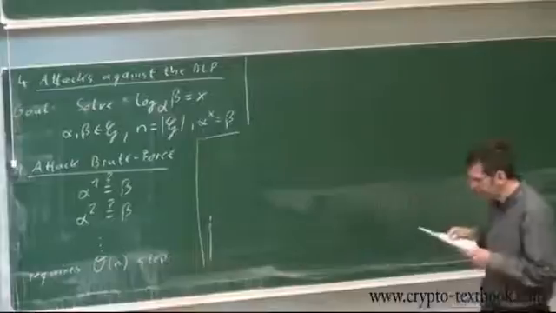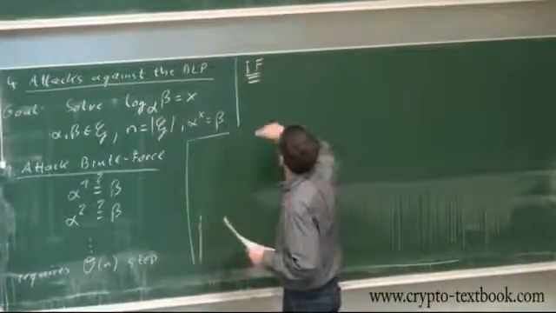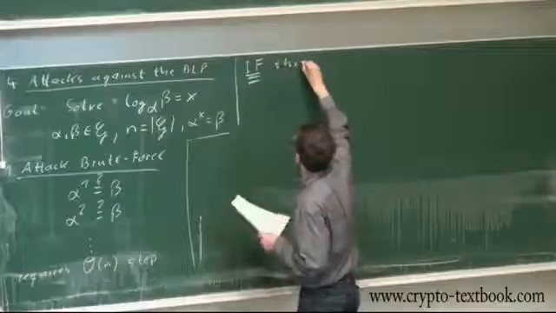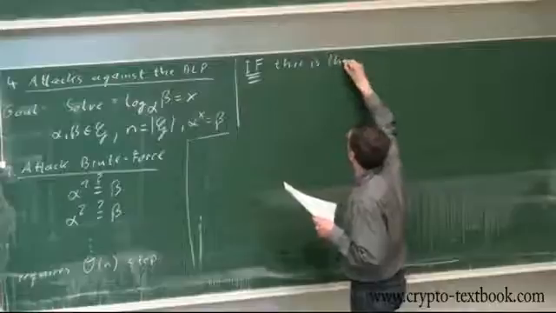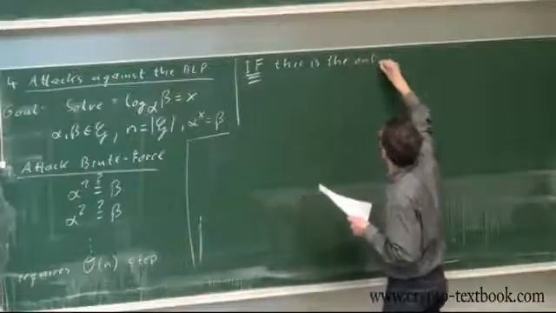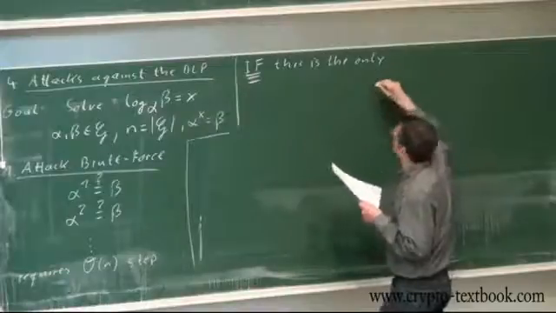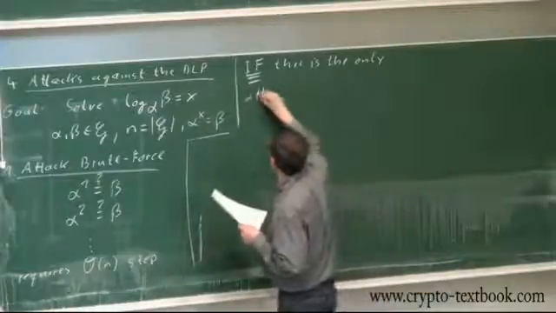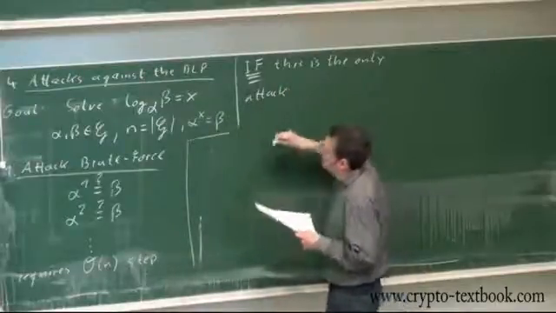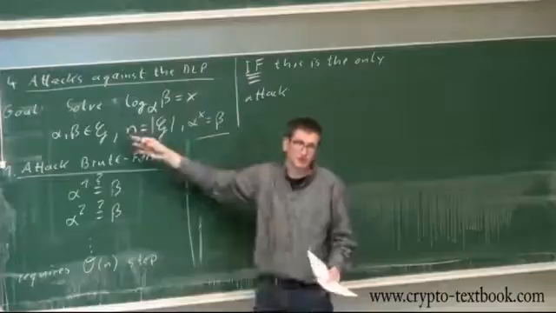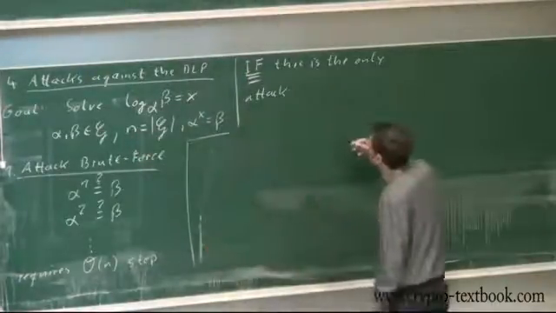So if this were the only attack, how large do we have to, that's what we really want to talk about, how big is this group that we need here? Well, it turns out to